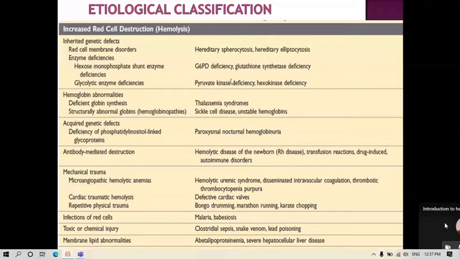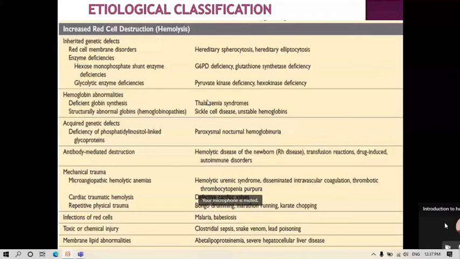In thalassemia, we are all aware that adults have alpha and beta chains. So if there is beta thalassemia, beta chains are not being synthesized, so alpha chains will start accumulating. And whenever something starts accumulating inside the red cells, those alpha chain precipitates will, by a similar mechanism, be destroyed in the spleen or in the bone marrow.